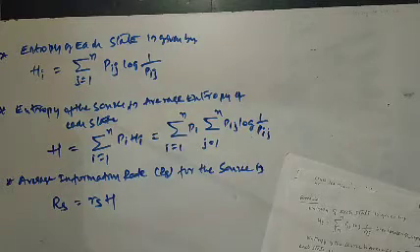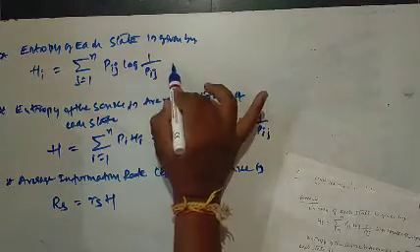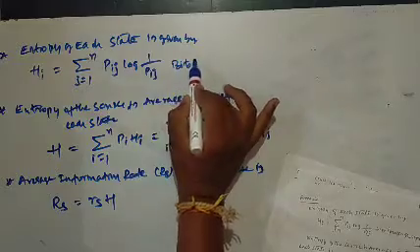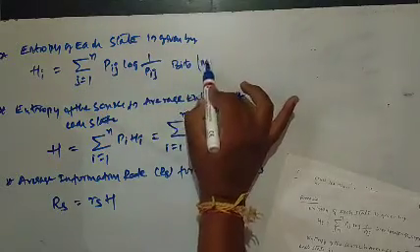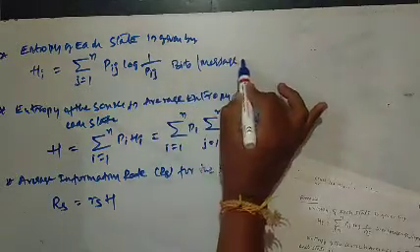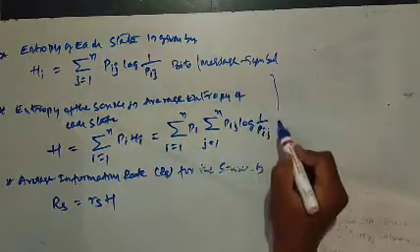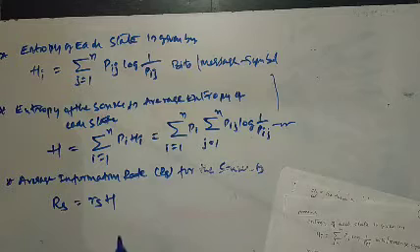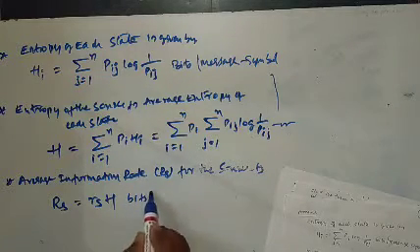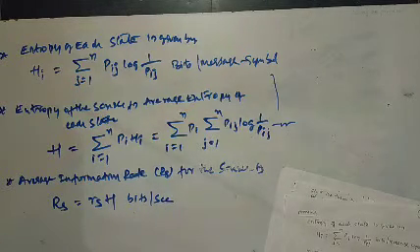See, the units of this are bits per message symbol. This is also the same, bits per message symbol. This is bits per second. Also, we have got